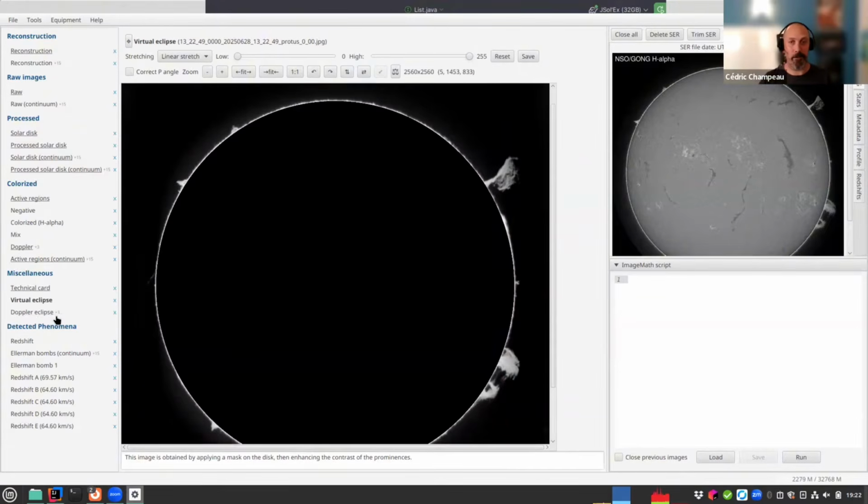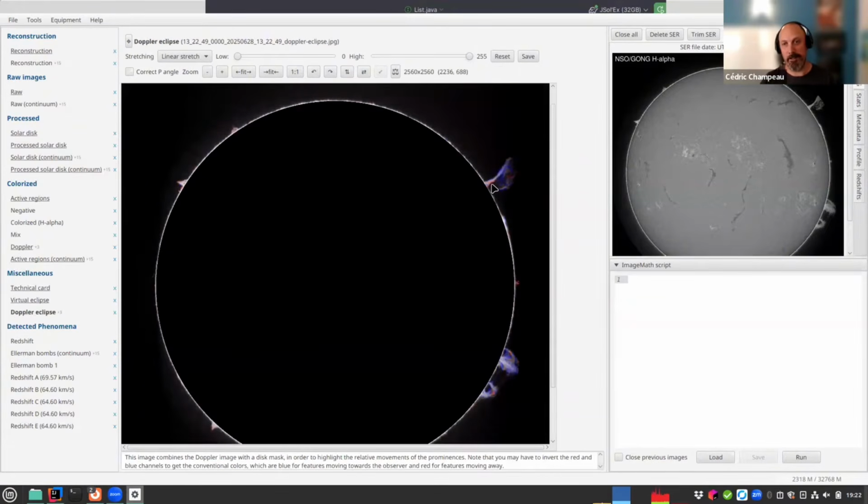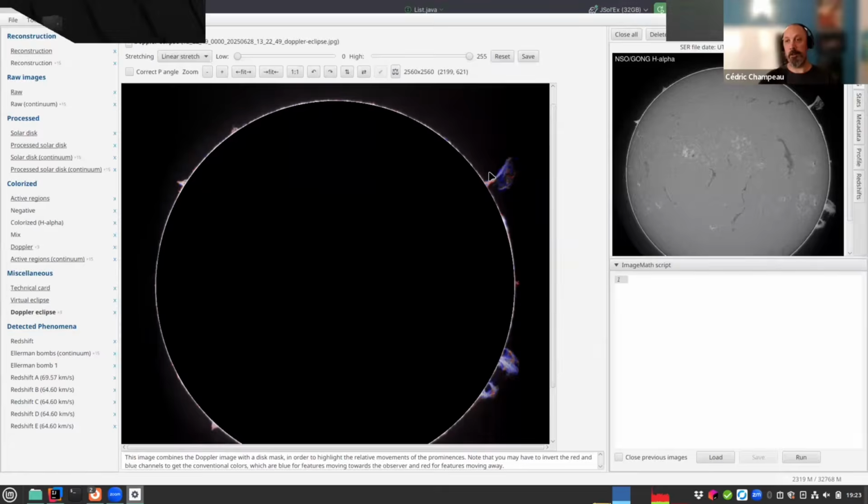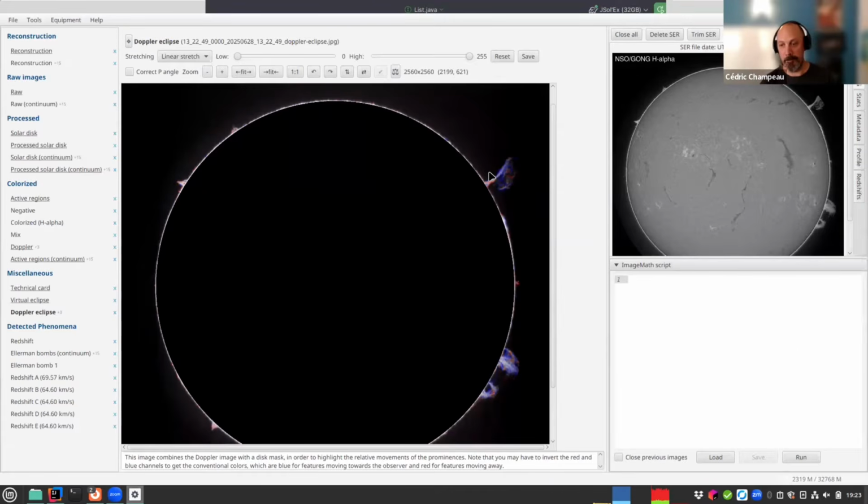And if you go with the Doppler eclipse, you can see that some filament is bluish, so it's actually going in our direction, despite the fact that in this image, on the right side, it's basically the sun rotation, so it's moving away from us, but these prominences were actually moving towards us. So super interesting to see. There's lots of things that you can do like that, which are super interesting. And again,